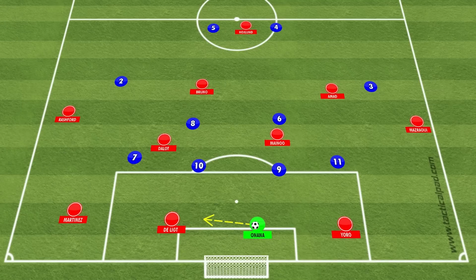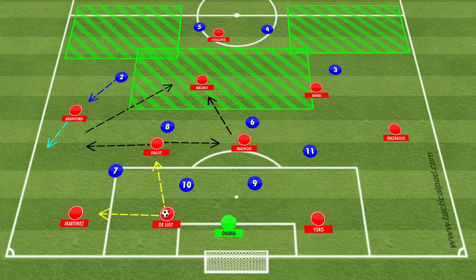From here, Onana plays a goal kick or just a pass from open play into De Ligt on the left side, and this is going to be Martinez and Dalot's trigger to shift over to that left side, with Manu and Euro doing the same if United choose to build out down the right side. And from here, with Rashford dropping deeper in the channel to open up a passing lane if the pass goes into Martinez, the opposition's right back is going to get dragged further up the pitch, but also with De Ligt,